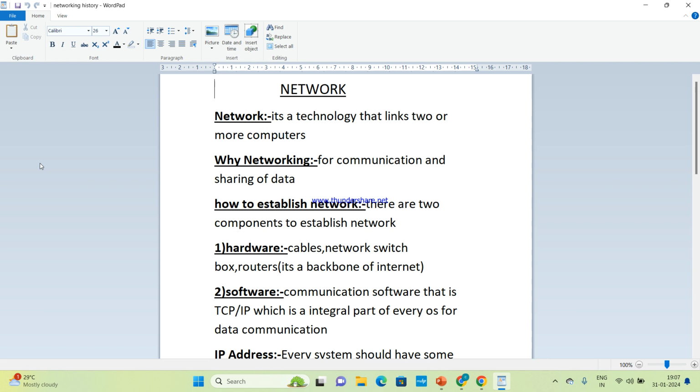We use routers for internet, and the internet is a network. And in software, there is a software known as TCP/IP, which stands for Transmission Control Protocol.